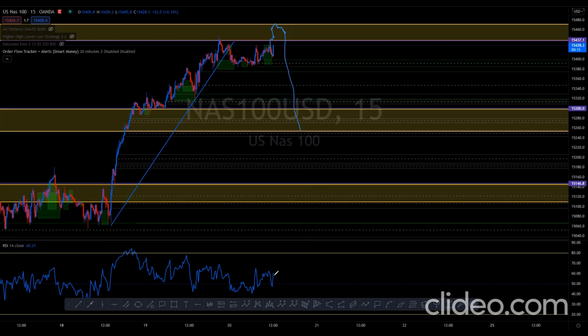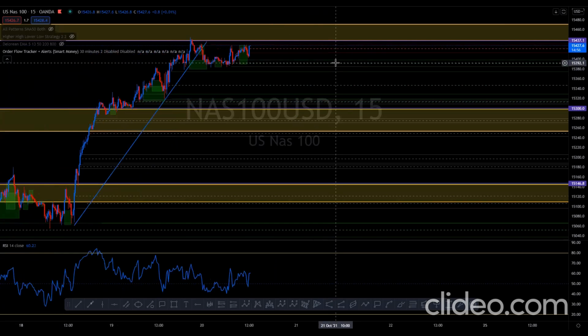Now, the reason why I say that is because price is not overbought yet. Still got a ways to go, but it could be considered overbought if it hits up into this zone here. So what I'm going to do to prepare for this, because I'm waiting for the reverse, is